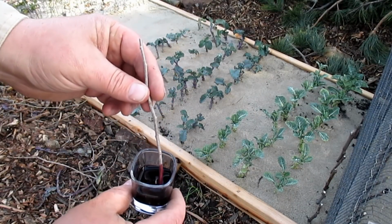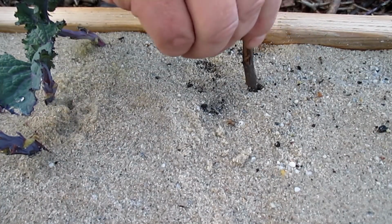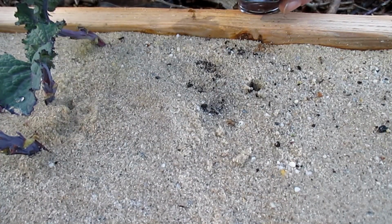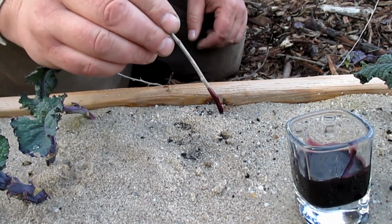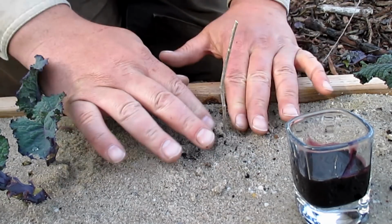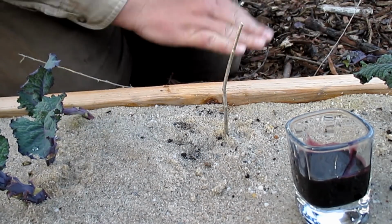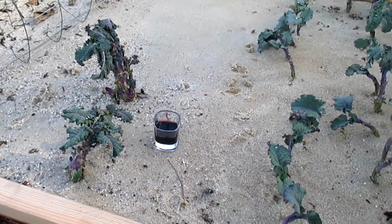Make sure you got the bottom, not the top. And I suggest making a pre-hole. That way you don't rub off the rooting hormone on the cuttings way down. And it doesn't matter if the cutting has been sitting in the liquid for a little bit. Just like that. Stick it on in. And you're done. So I'm going to continue along and make at least a couple rows of the goji